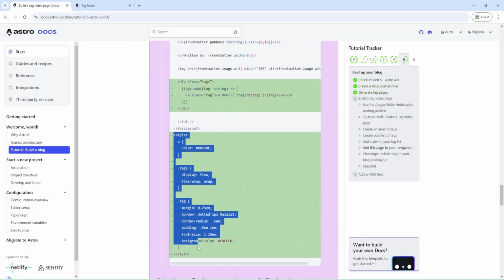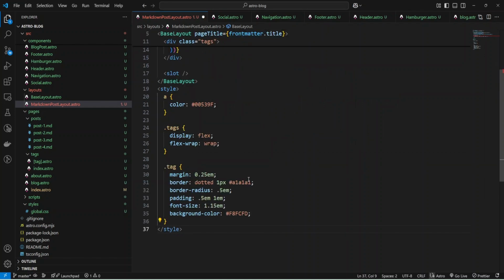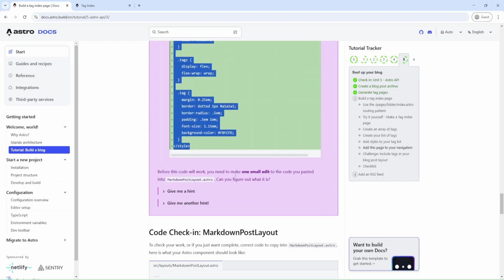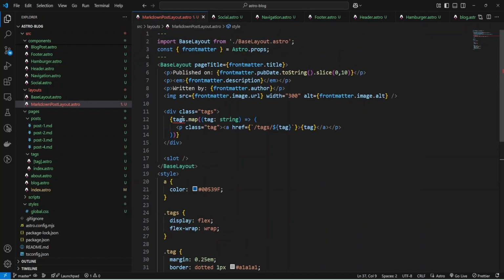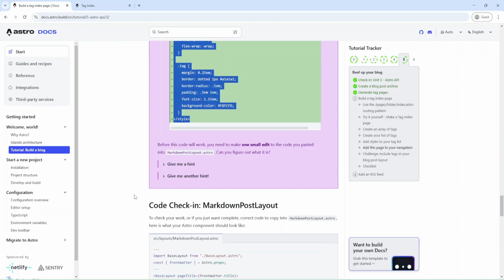And also I'll provide styles. Okay, and now we need to change. And we don't have tags here, but we have frontmatter props, and we can use tags from that.